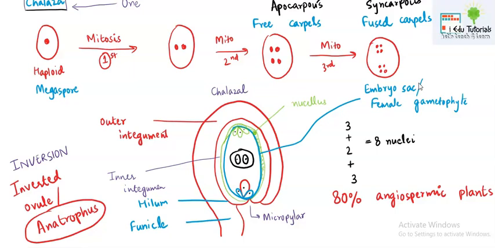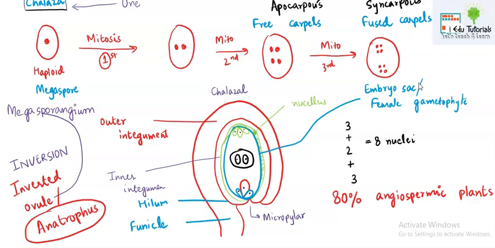So you have seen how the megaspore formed, how the embryo sac formed, and how an ovule was formed. This ovule is also known as the megasporangium. This is a difficult concept for you, so I must suggest you go through the video again, take a notebook and start doing the drawing. Along with that, watch the video very attentively.